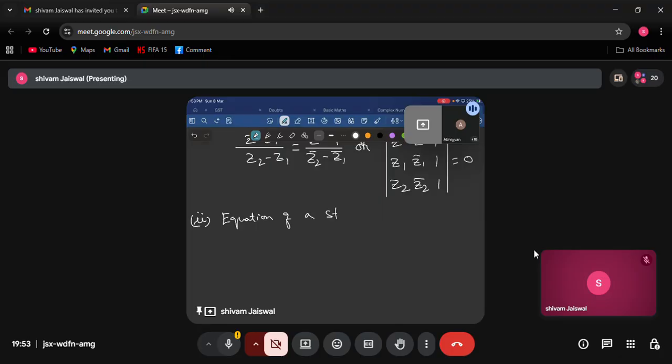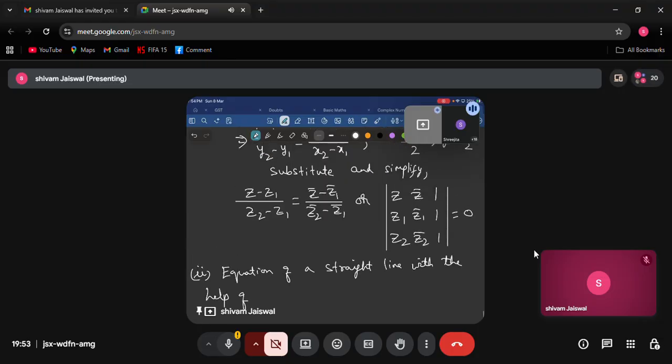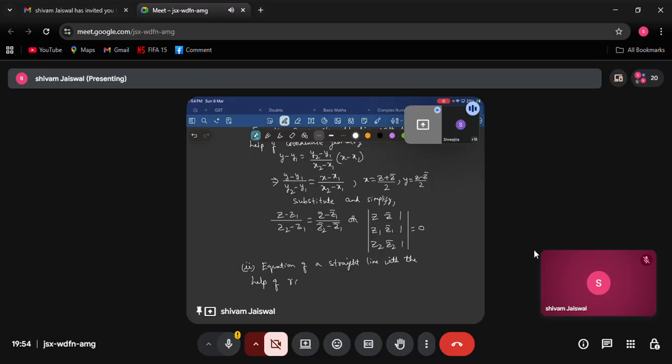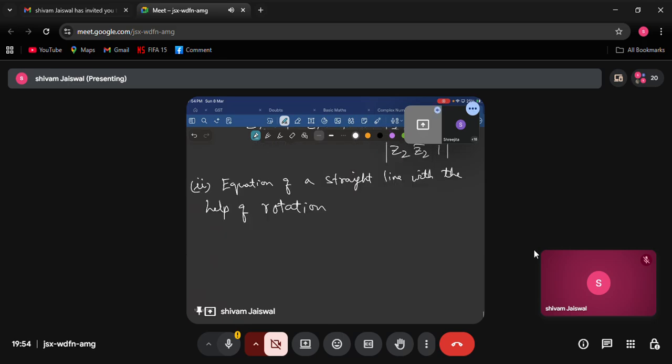Equation of a straight line with the help of rotation formula. I mean, with the help of rotation, how we can find out the equation of a straight line. Yes, sir. Okay. So let